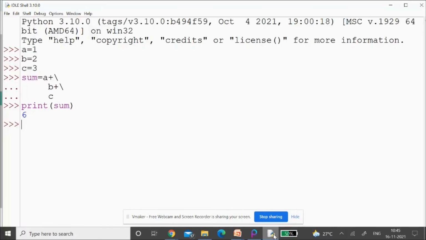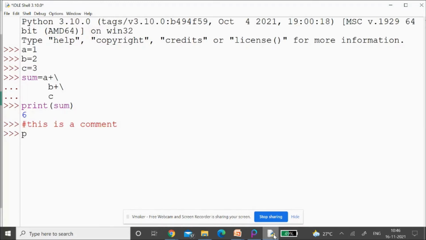Next one is a comment. A string literal beginning with a hash sign indicates a comment. A comment is not executed in a program. Then what is the use of comments? A comment is used to know what the program is going to do or what a function is going to do. When you see a comment in a program, you get, oh, this function is used for this purpose, at a glance. Otherwise, every time you see the program, you would need to read all the instructions to understand it.